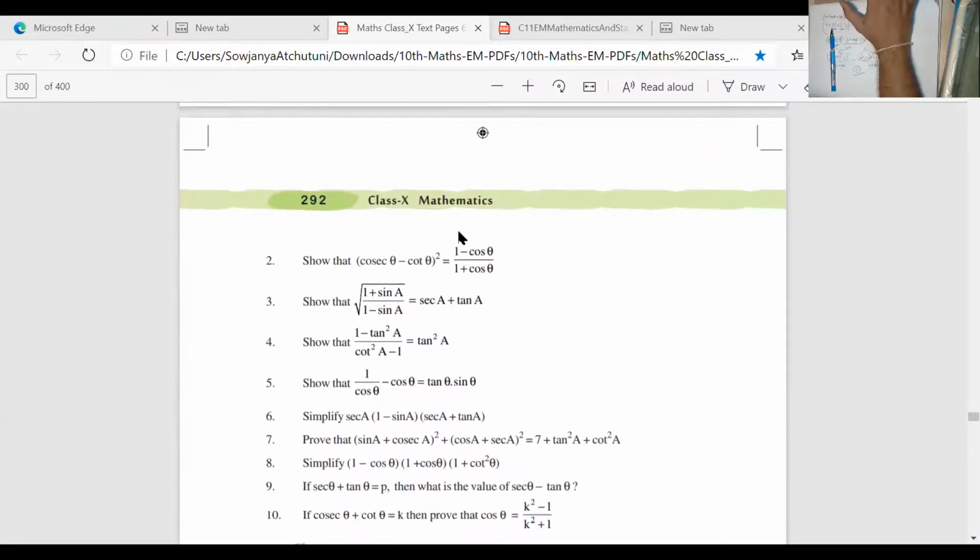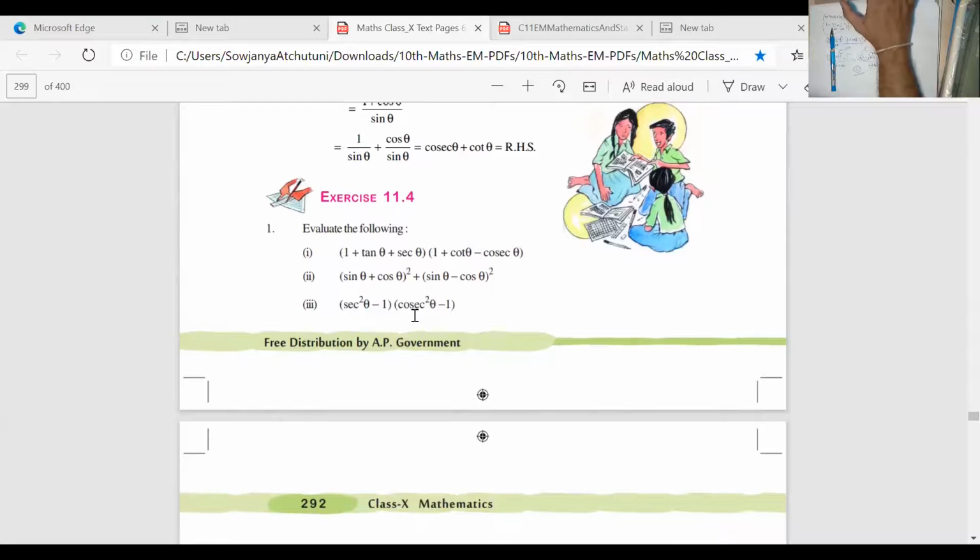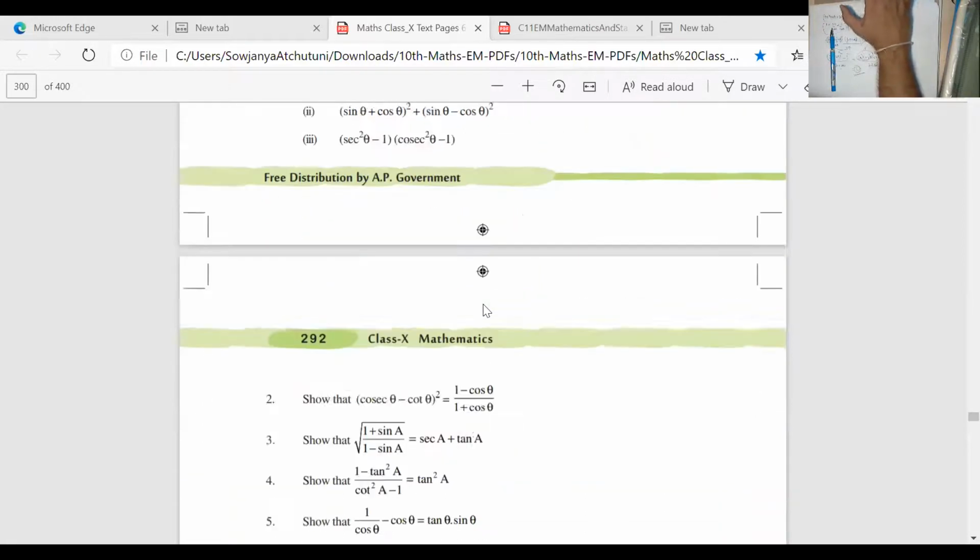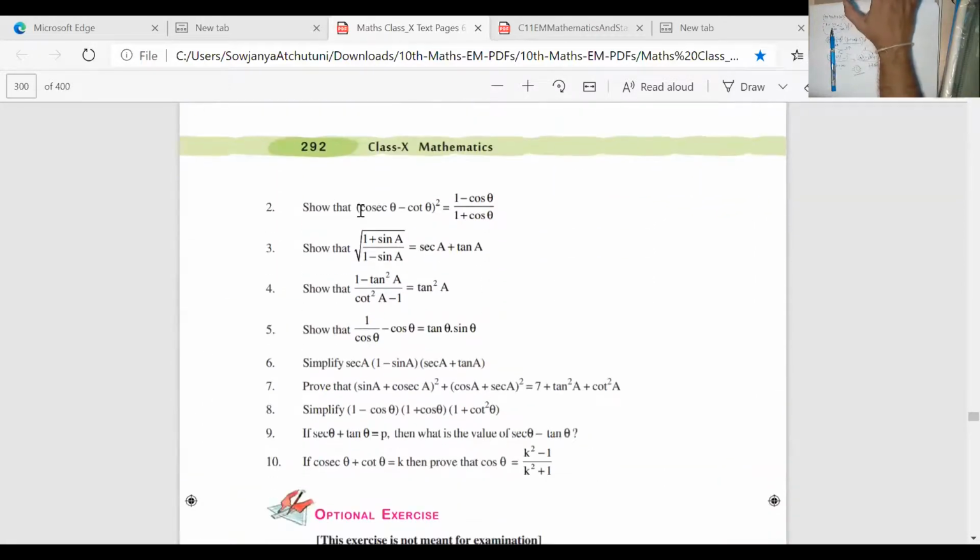Certain things we should be able to do by seeing the problem itself. Here, okay, I have to do multiplication. Here I can see by itself: sin square theta plus cos square theta is 1, and 2 sin theta cos theta gets cancelled on both sides because here it is minus 2ab, and there it is plus 2ab. I can solve it. Now let us see this one. Cosecant theta minus cot theta whole square equals, we have to prove, 1 minus cos theta by 1 plus cos theta. Let us see.